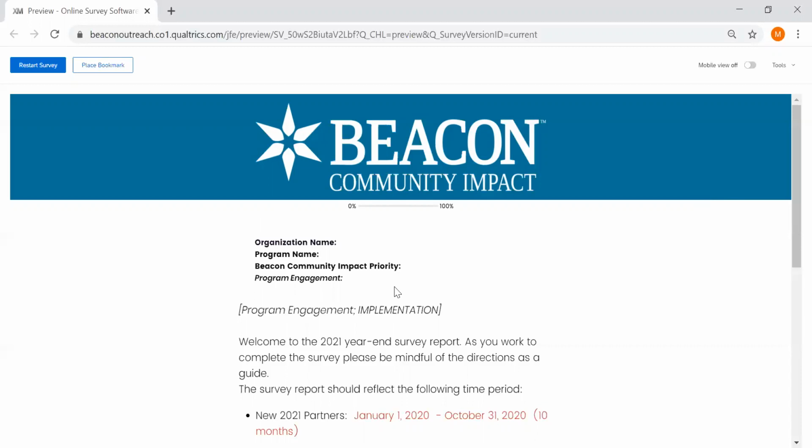A quick introduction for the end of year survey. This reporting tool helps Beacon Community Impact understand the impact that's being created through its investment in you. All questions are designed to help us calculate the change that's been achieved both at the individual program and aggregate level. This information is also used to assess funding decisions for the following grant cycle, create reports for Beacon leadership, and report back to the federal government based on specific requirements they set for nonprofit hospitals.